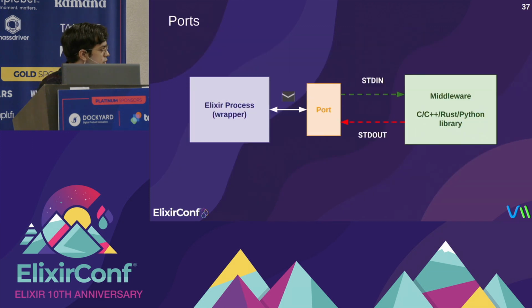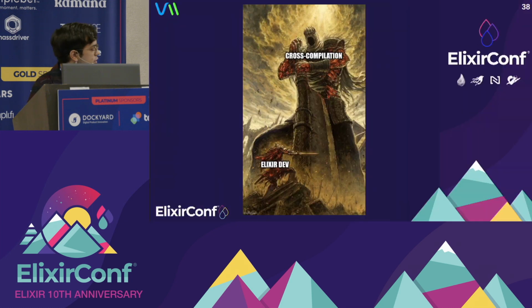In this approach, you have to create an Elixir process that is communicating with the library that you are intending to use. This middleware will understand the messages from Elixir, and it will call the functions that you are expecting to run. So in this case, you also use Elixir ports. It's a behavior that will be the communication channel between the middleware and the Elixir process. And you can use standard input and standard output to make this communication effectively.